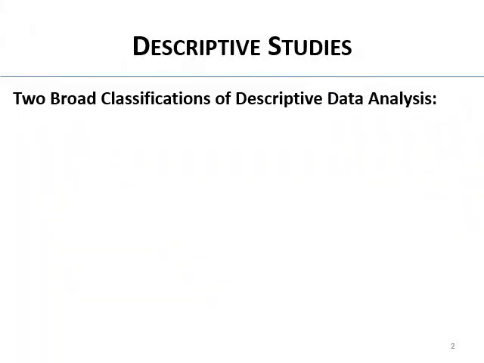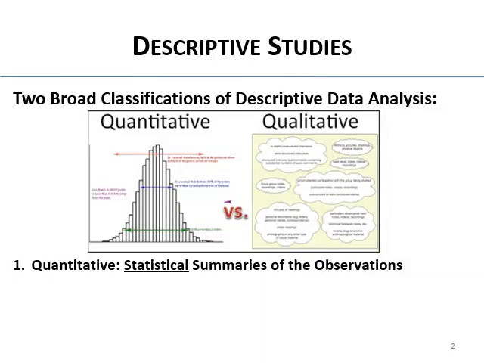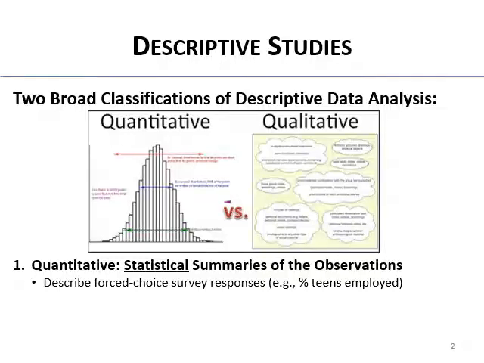Descriptive studies come in two broad classifications in terms of descriptive data analysis. We have quantitative and qualitative descriptive analyses. So quantitative statistical analyses result in statistical summaries of the observations themselves. So this is quantities. You're going to get things like means and standard deviations. So you might, for example, use them on a survey to describe forced choice survey responses, so the percent of